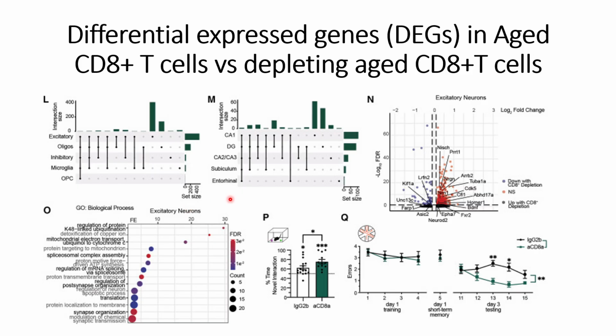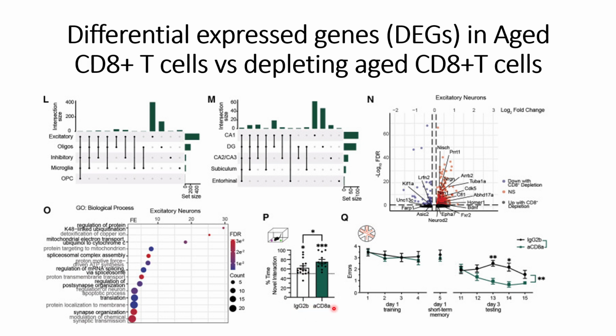After finding these changes, they wanted to validate them in the form of actual responses. So they did the novel object recognition and also the RAWM test of this mice model in these two conditions. In one case they used anti-CD8 antibodies to deplete the CD8+ cells, and remember, when they use anti-CD8 antibodies to deplete the CD8+ T cells, it is depleted only in the periphery or in the spleen, but not in the tumors. When they checked the NOR time interactions, they saw that for novel object recognition, the anti-CD8 antibodies show high time compared to the control antibody treatment,